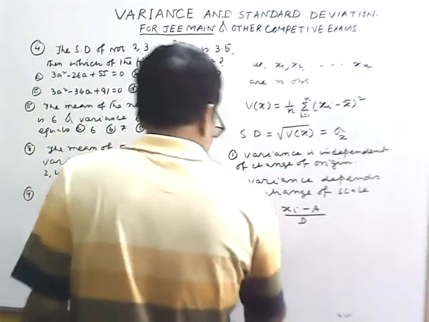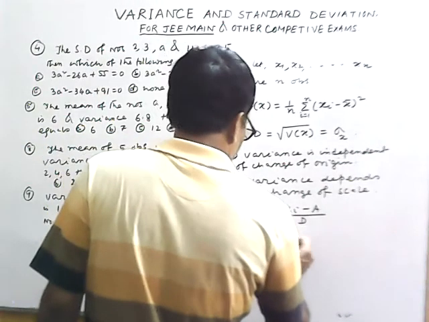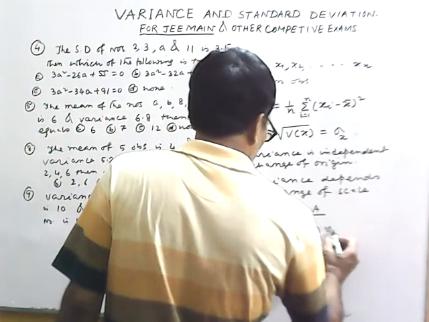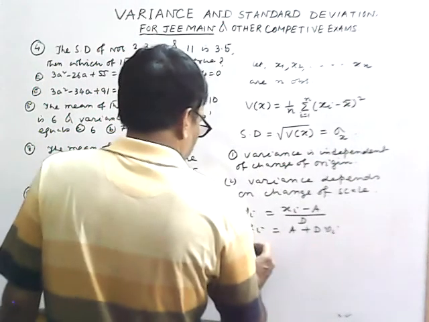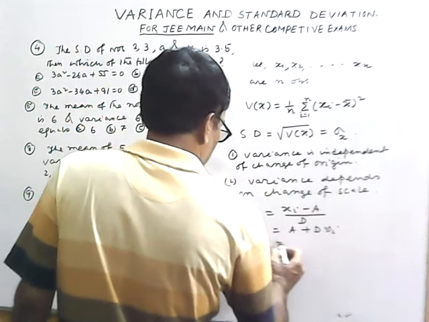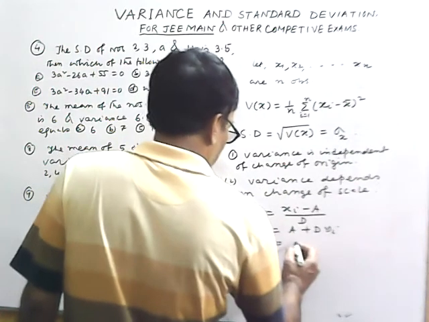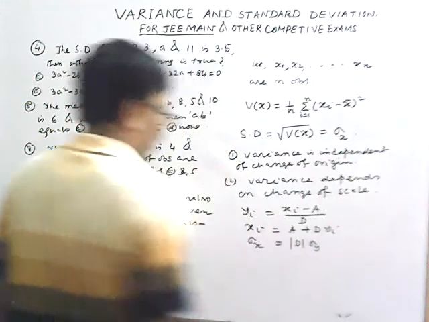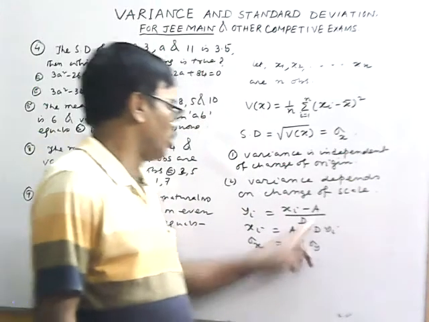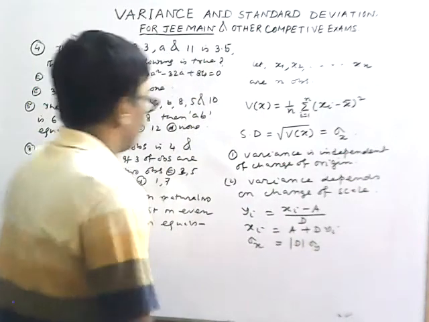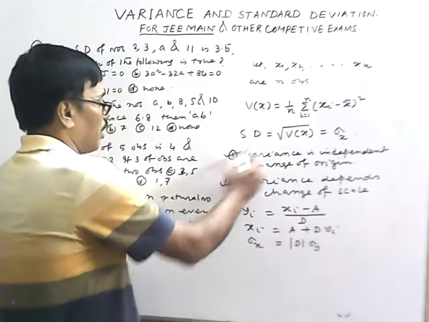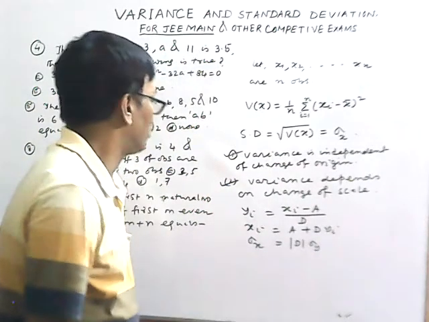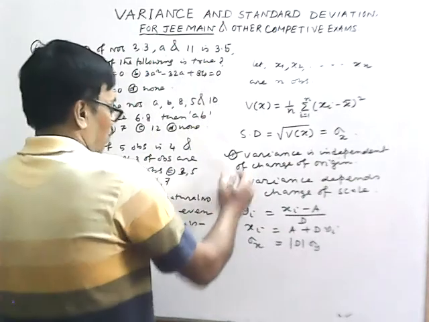So we get xi equals a plus d into yi. Sigma x is independent of a, so it equals mod of d into sigma y. So it depends on d. Using this property only, we can solve problems of